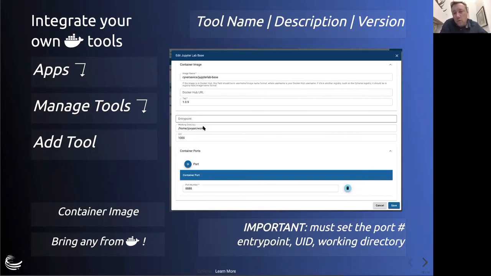Similarly, you need to set the working directory. So if the container has to run in a specific place, you should set that. In this example, I'm just setting the home directory to the Jovian username, which is the default username in a Jupyter container. And I'm creating a new folder called work so that it goes there. And I have to set the user ID number to this 1000 group